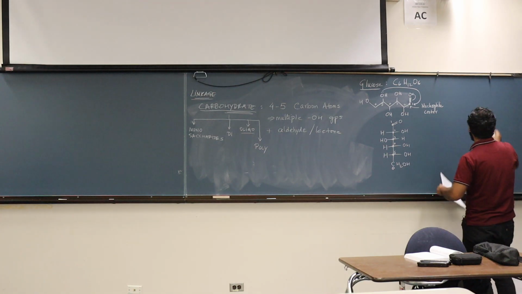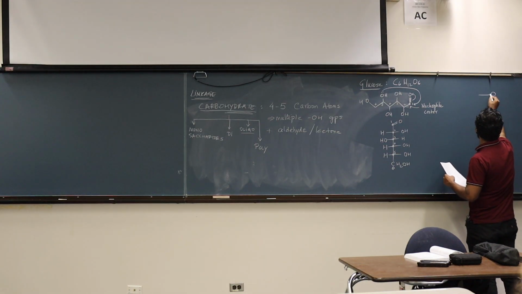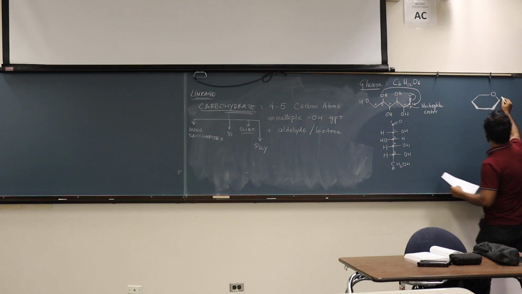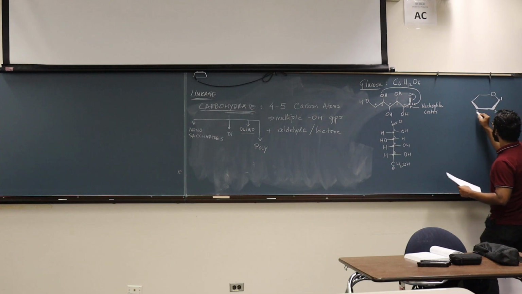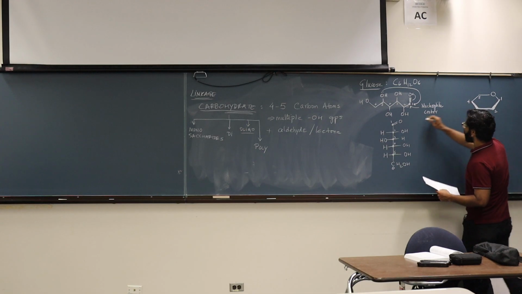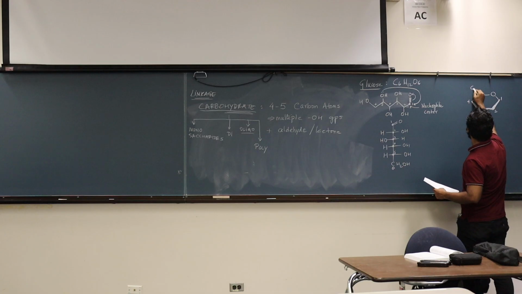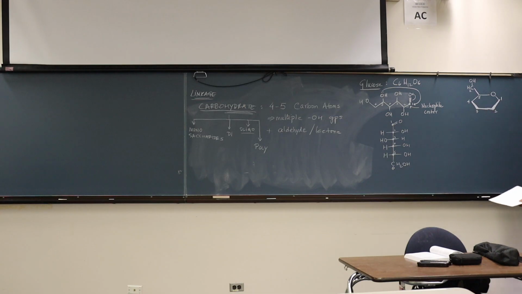Okay, and what you will get is this. So you get a 6-membered ring. Now this carbon is the first carbon, the second, third, fourth, fifth, and on this fifth carbon you have a CH2OH group. So in here I have a CH2 and an OH group. On this first carbon,